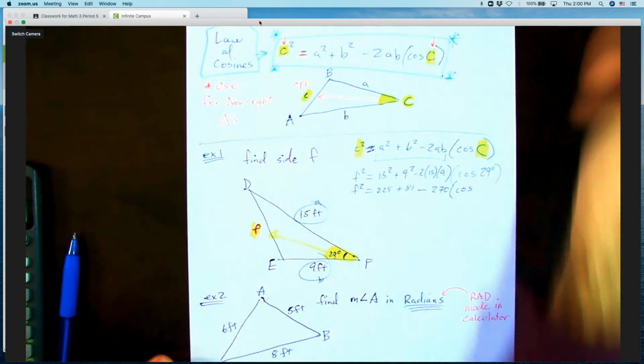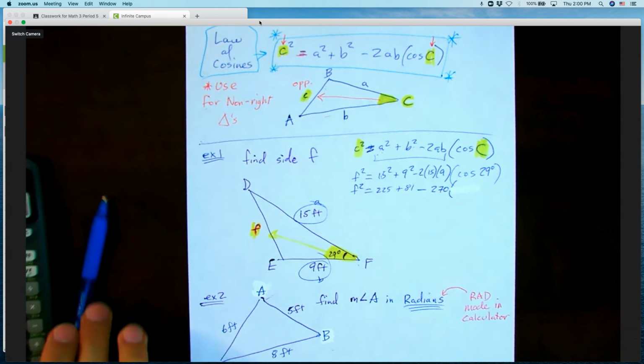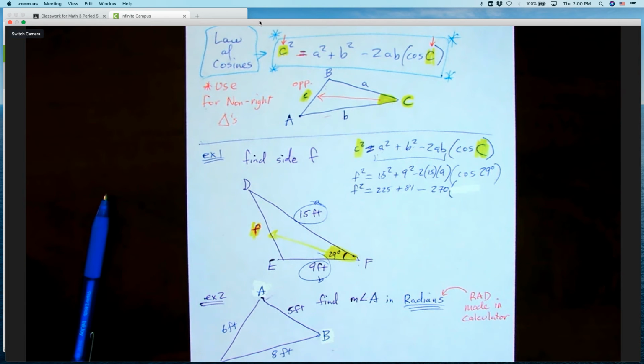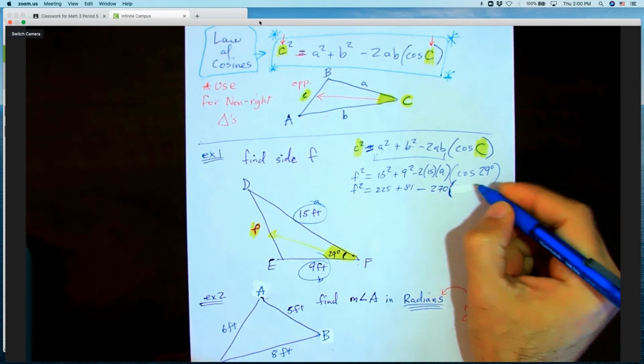Let's go ahead and find what that value is. All right, so we're in degree mode. We're going to go cosine 29. And everybody double check that you have this same number when you do cosine of 29. You end up with